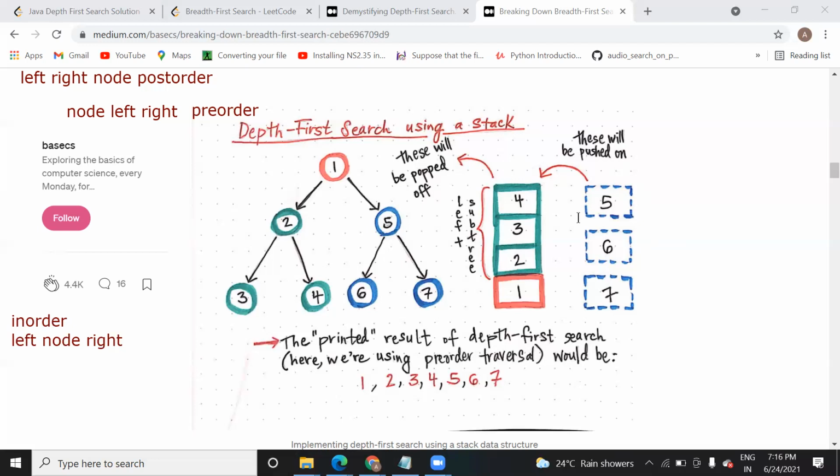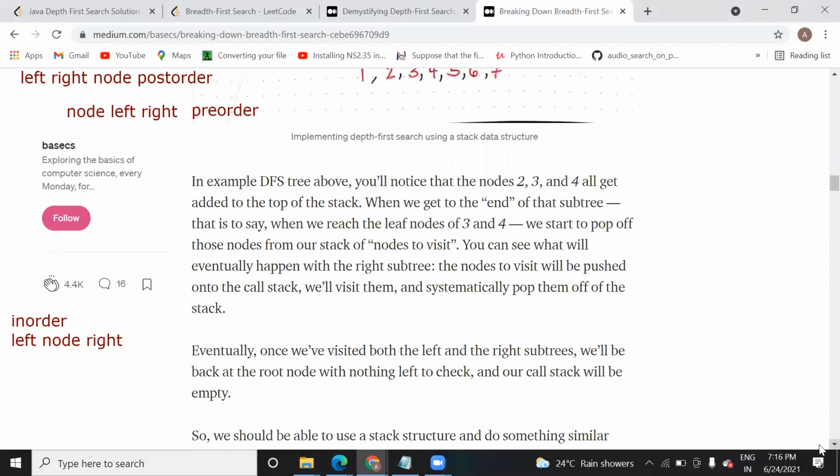Whatever element you are going to push, you note down somewhere, and whatever element you are going to pop, just create a sequence of those popped elements. That sequence of popped elements will be your route, or your traversal of this whole graph. Do you understand now? So this is called a depth first search.